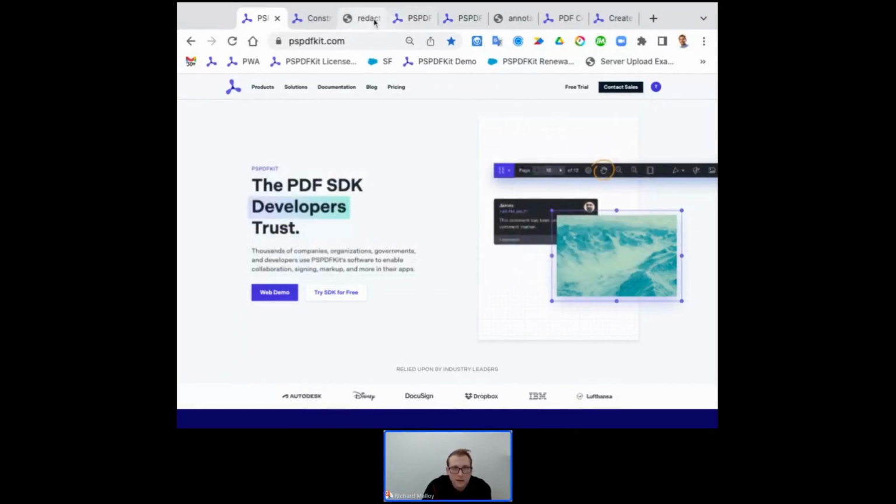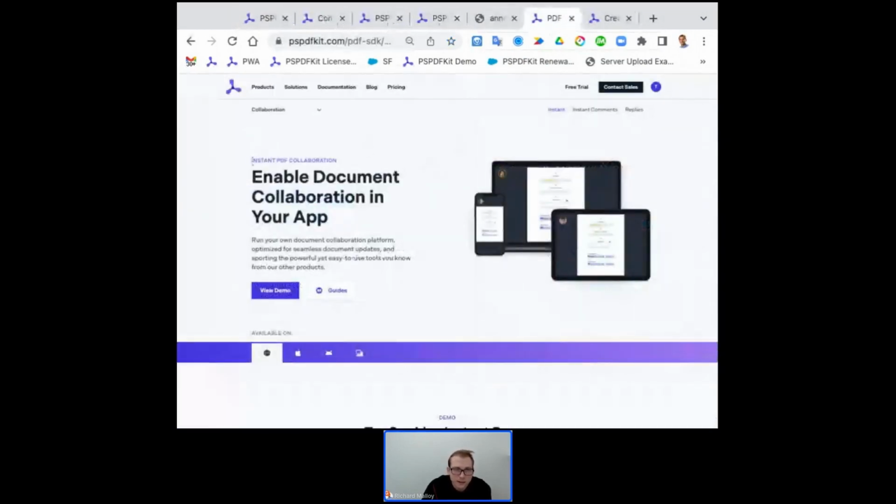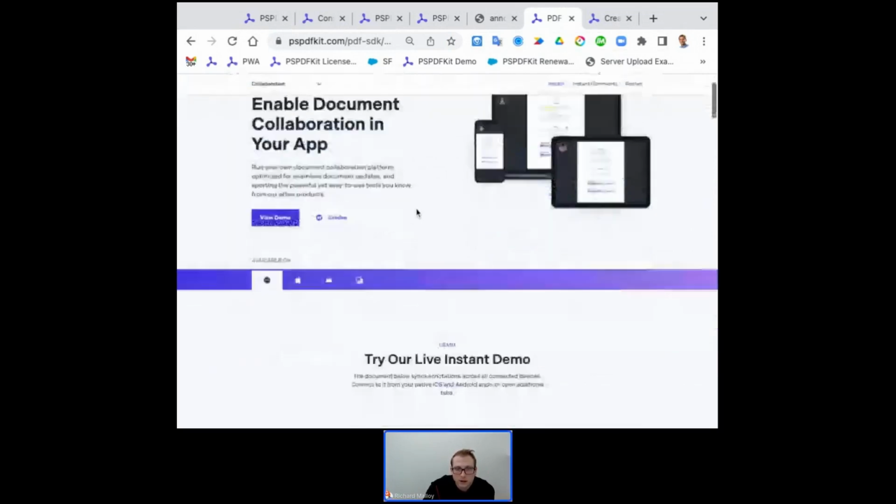And the last thing that we usually go over is our tool called PSPDFKit Instant. We several years ago brought a tool to market that was really in an effort to kind of look past what standard PDF workflows look like. And so what we did is we built something that allowed better collaboration and seamlessness around multiple